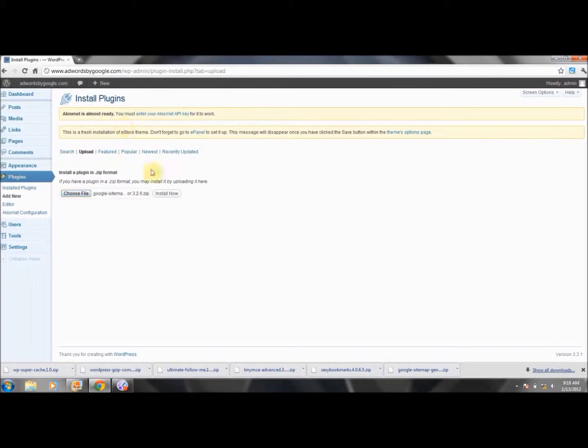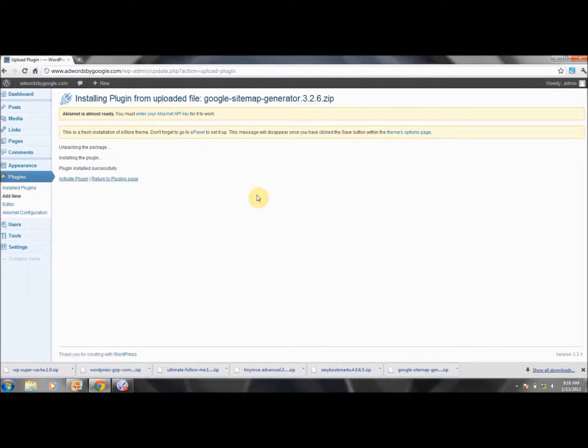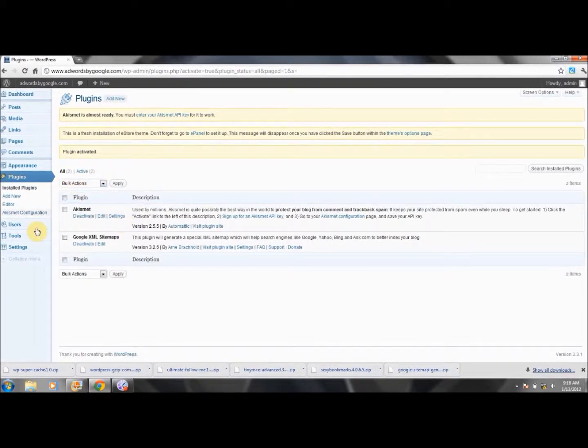Next is Google Sitemap Generator. If you want your website indexed, certainly the Google Sitemap Generator is awesome. People have told you. We'll go ahead and activate that plugin. Activate each one as you upload them. So what we're going to do